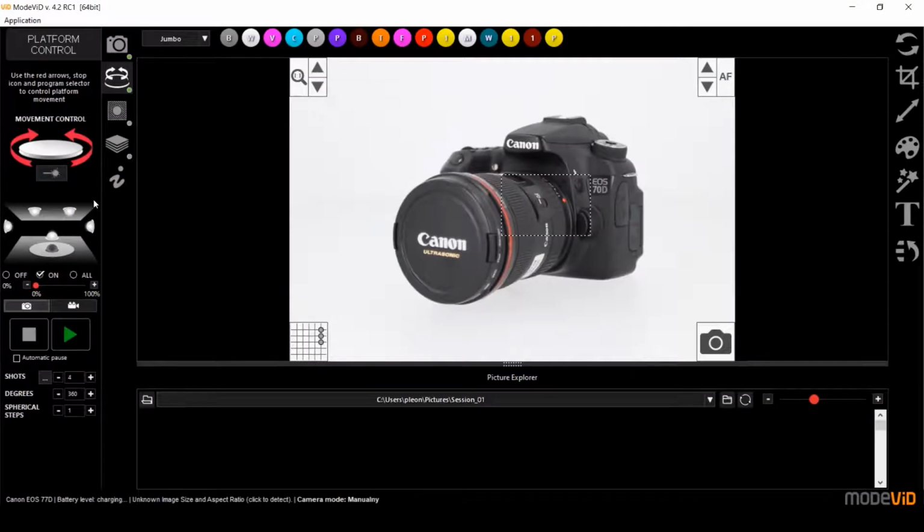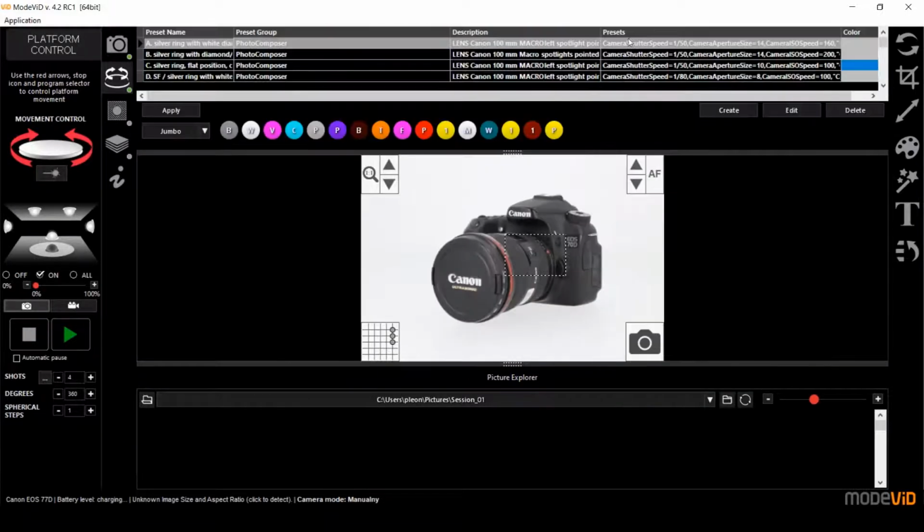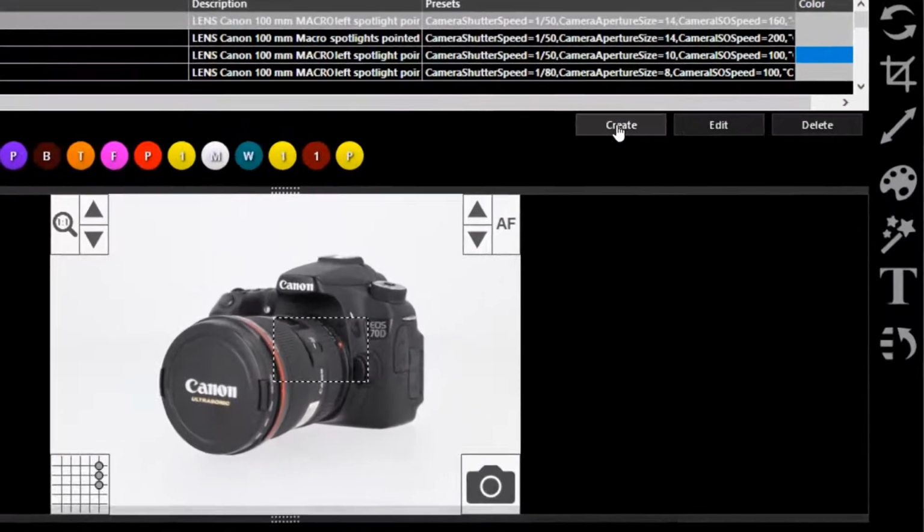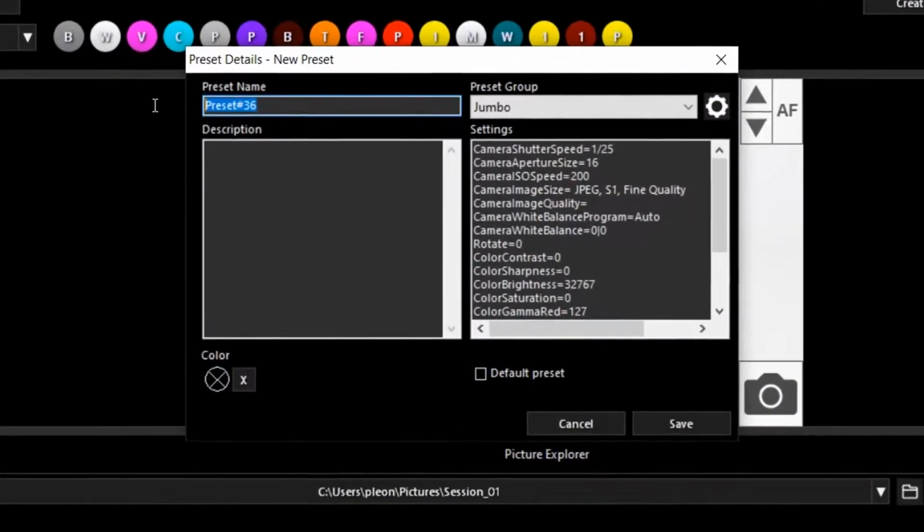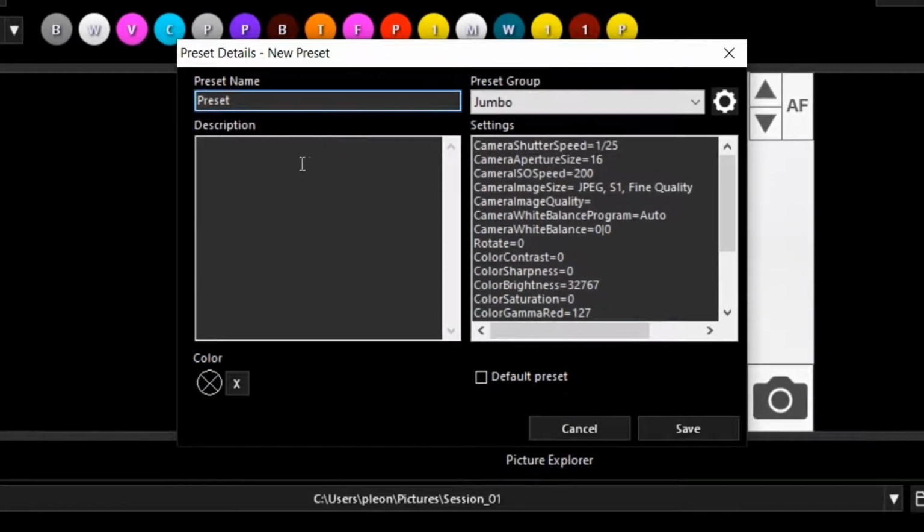So the lighting settings as well as the camera settings can be saved as a template or as a preset. In order to save the preset, I have to go to the top bar of my interface and click anywhere here. And now when I click on create, I can put in my preset name. Let's name it a preset. And now I can also add a description of what this preset is for. So for example, when we have white products and black products, they may require slightly different lighting. So this is my